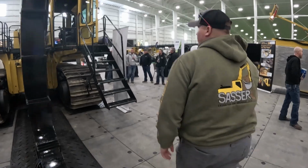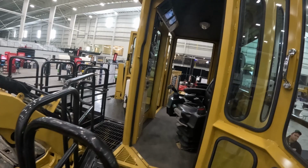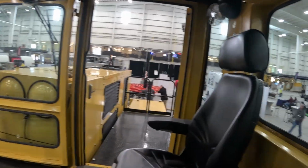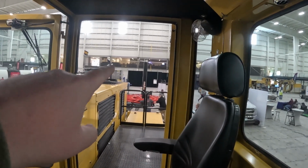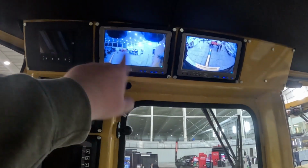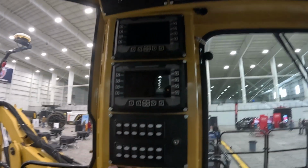So let's go here to my cab, check it out. It comes tractor, plow, and all right. Well, we got an extra buddy seat in here. Real nice buddy seat. Ooh, wow. Okay, so yeah. So up there you can see there is a Trimble for the front. And then we got cameras all around here. Up here, those look like the Dakota Micro cameras. We got our layouts for all of our